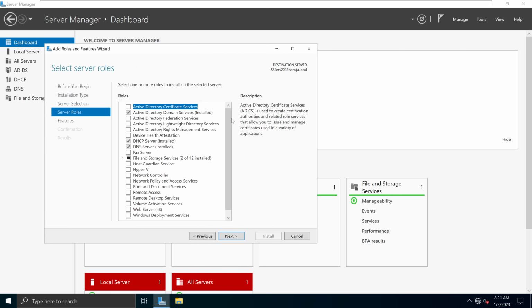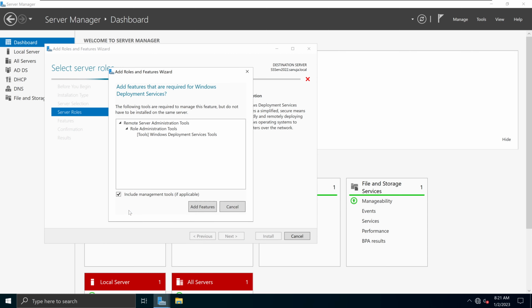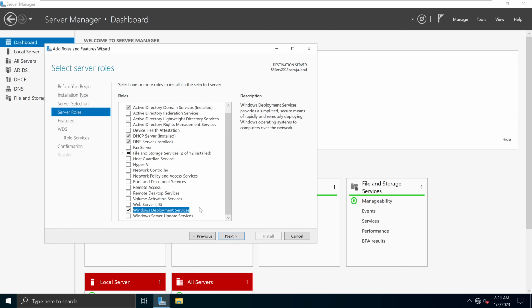And on the roles list, we will select the option called Windows Deployment Services. Now, when you select this option, it will give you a pop-up to add additional tools. We will make sure that we add those additional tools and also make sure you check Include Management Tools if applicable, and click Add Features. Then we will click Next,